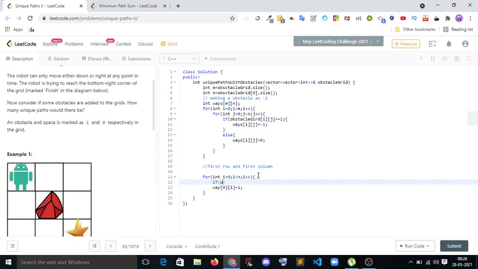If ways of 0 comma i is not equal to -1, else when we find a -1, it should break.